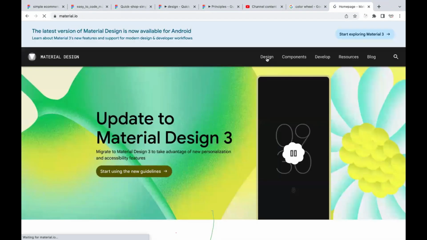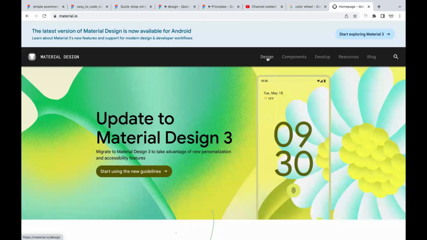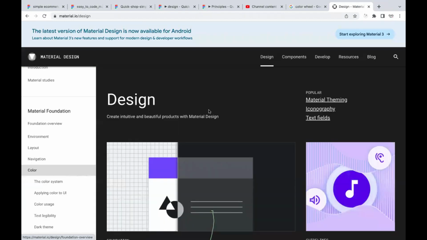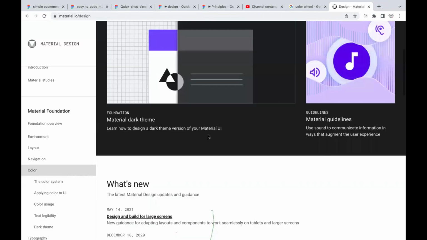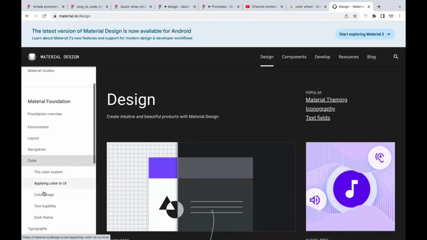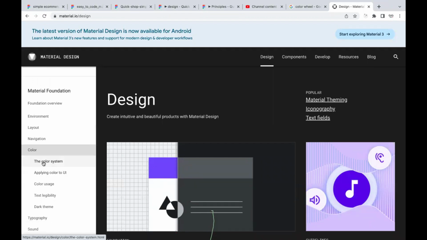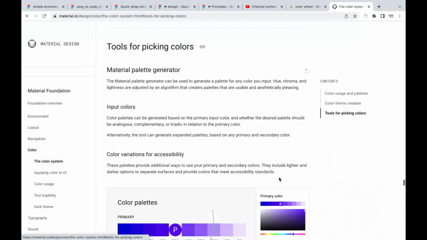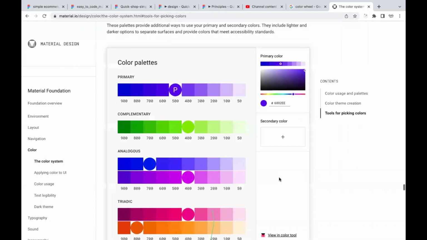So in other words, they'll be the one that will give you this particular primary color, right? Or you use the eyedropper tool to pick this particular primary color from their logo, right? So once you pick the primary color from their logo, you want to look for a tool like this that also helps you to show your complementary color, just in case you don't even want to use the color wheel,